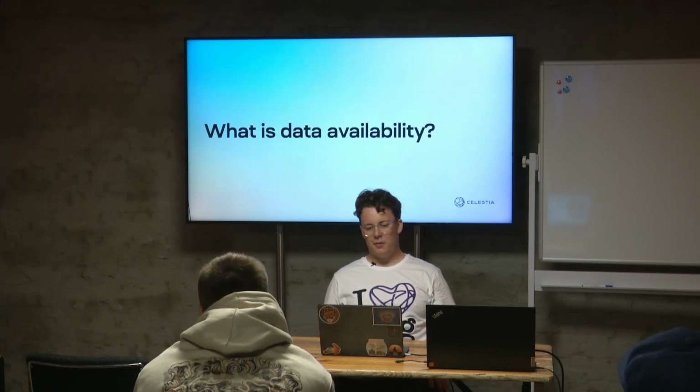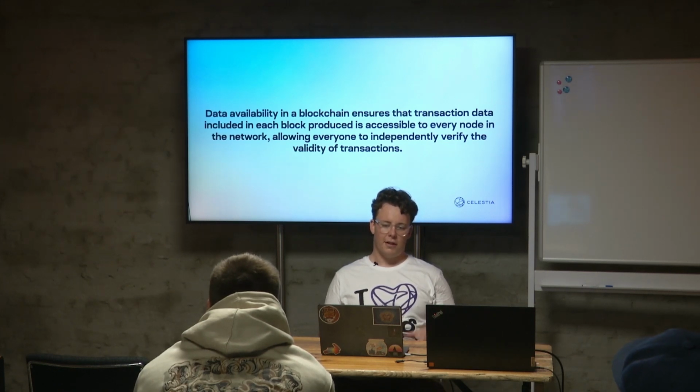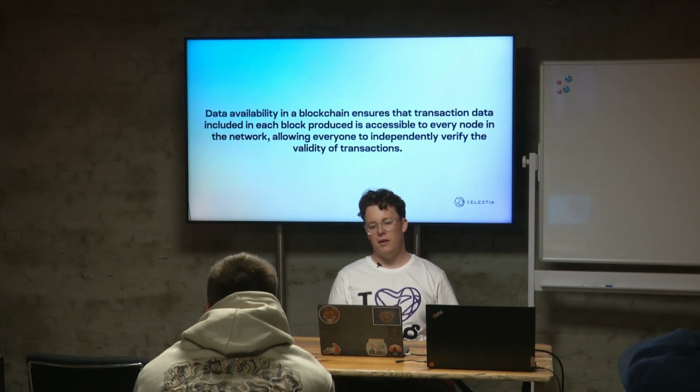And what data availability is probably something we should go into as well. Data availability in a blockchain ensures that transaction data included in every block produced is accessible to every node in the network, allowing everyone in the network, every user, every person running a node, to independently verify the validity of